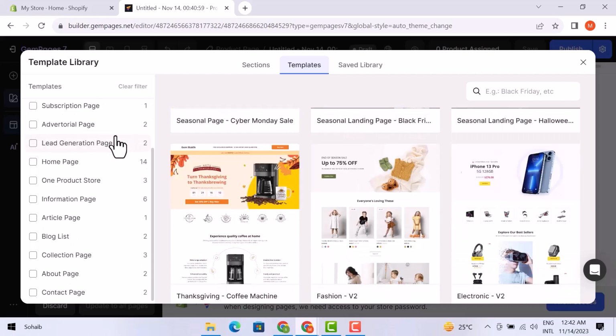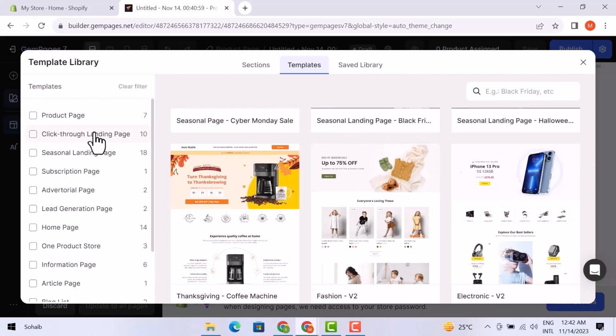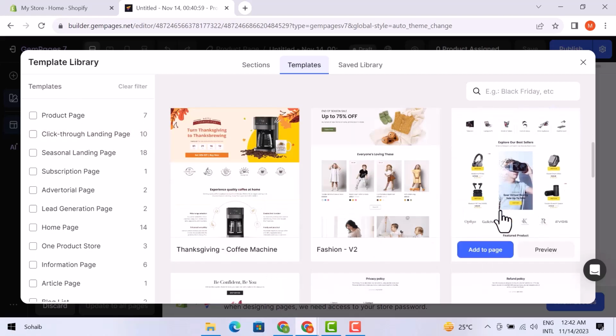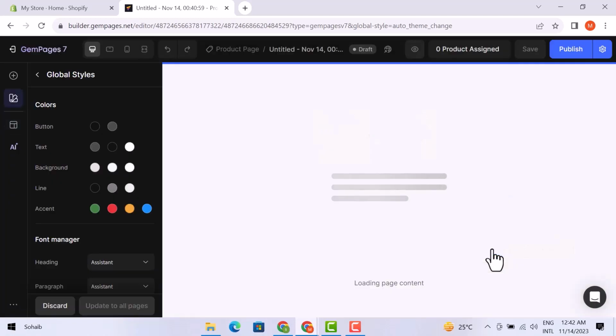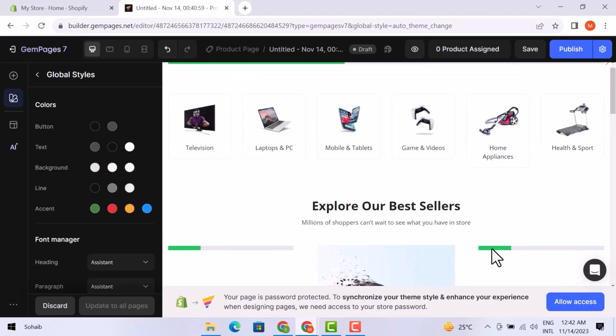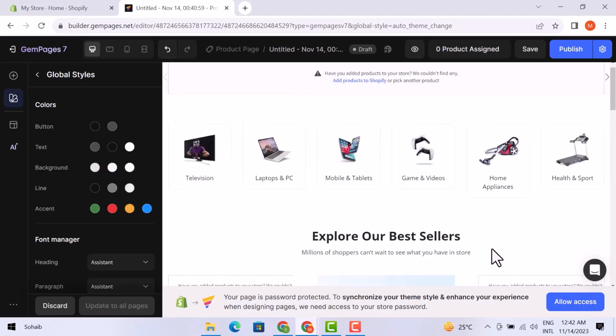On the left side, you will see some filters to select the template for your store, like... I am going to click on the ClickThrough landing page and then select this template among the filtered pages. This is the page that I have selected for my store right now. Here are the different options to customize this template, as